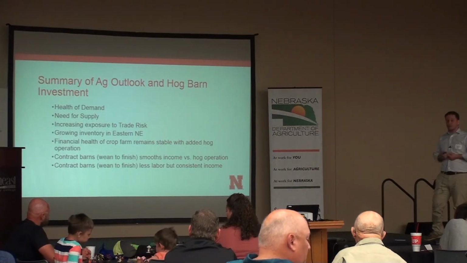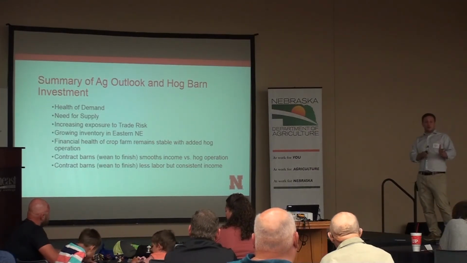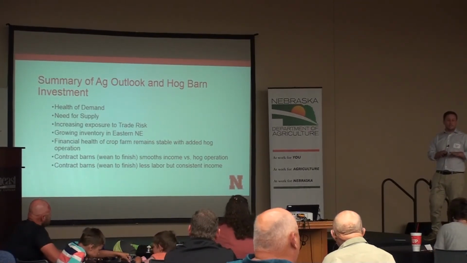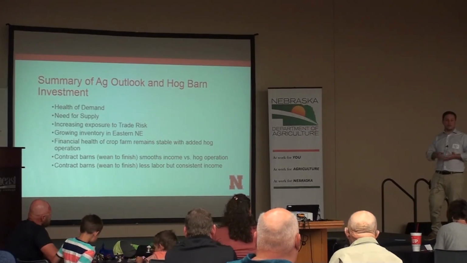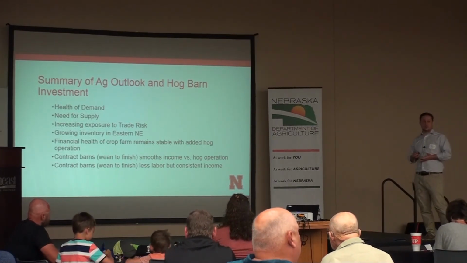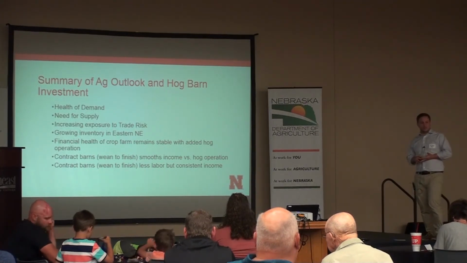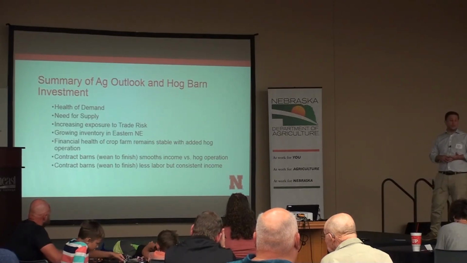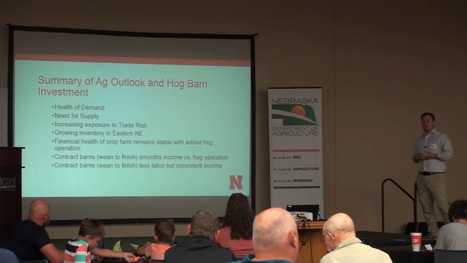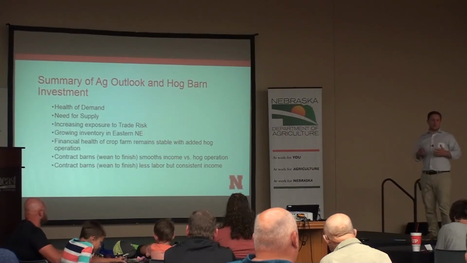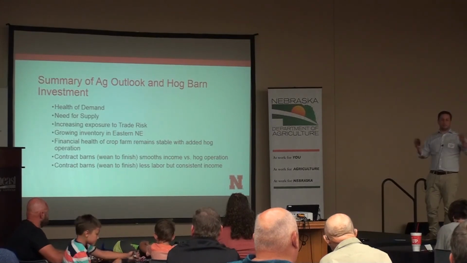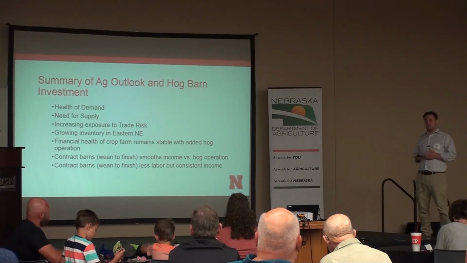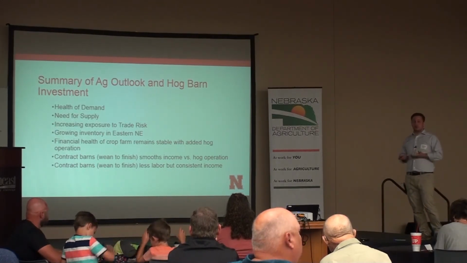We looked at different ways to say, okay, on average, if we just have a crop operation and we add a hog operation, farm financials stay pretty much the same. There's not a lot of noticeable difference. Our liquidity stays pretty much the same, and in some cases improves. Our productivity, as far as net returns over assets, stays about the same. So when we're talking about, okay, can I continue to lock in that margin, expand my operation, potentially bring people back, the data from 2008 to 2018 shows that that's a potential, the profit is potentially out